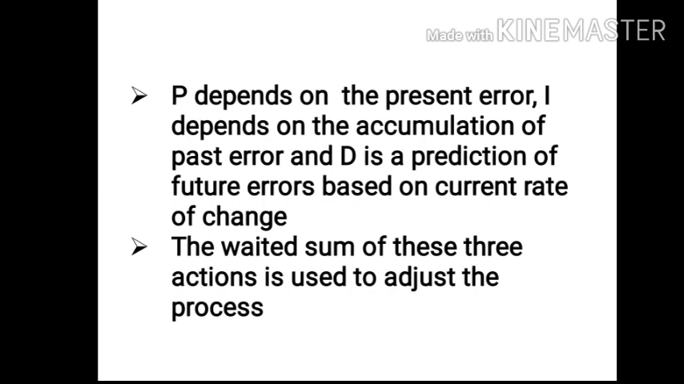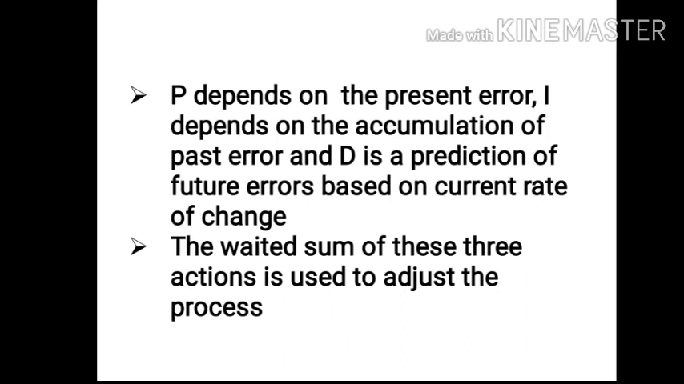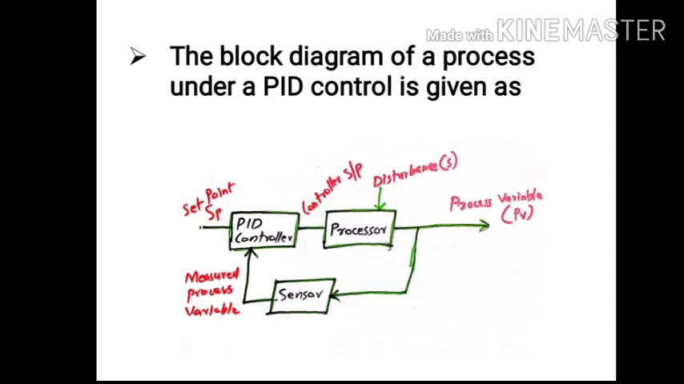The proportional depends on the present error, the integral depends on the accumulation of past errors, and the derivative is a prediction of future errors based on the current rate of change of errors. The weighted sum of these three actions is used to adjust the process. The block diagram of a process under PID control is given as: